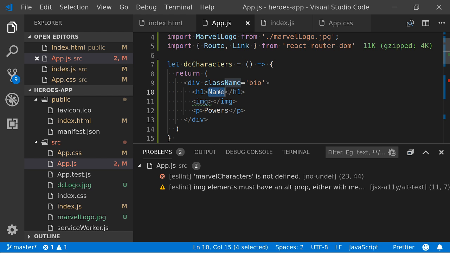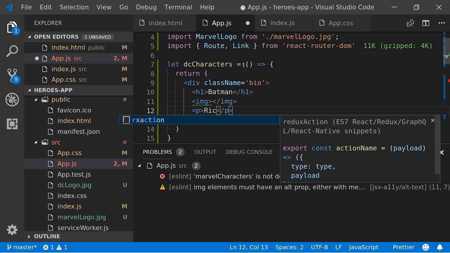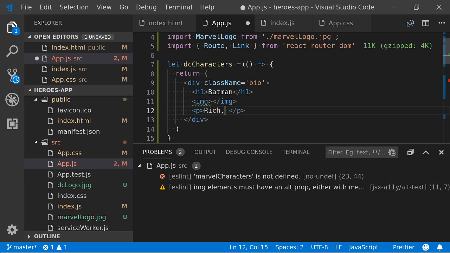So who's everyone's favourite DC hero? Batman? Batman's good. So for example, you could do something like this. What powers has Batman got? Rich, nice. Super rich, okay. Anything else? Pretty intelligent, right? Gadgets, whatever.